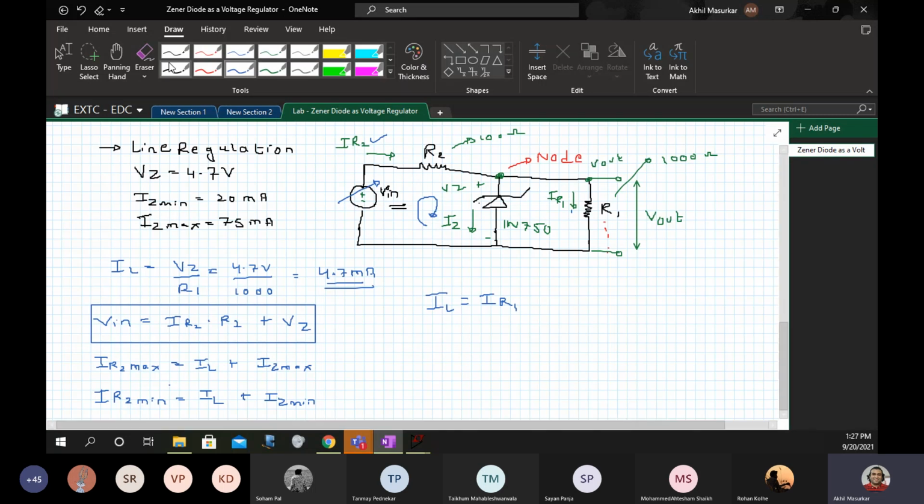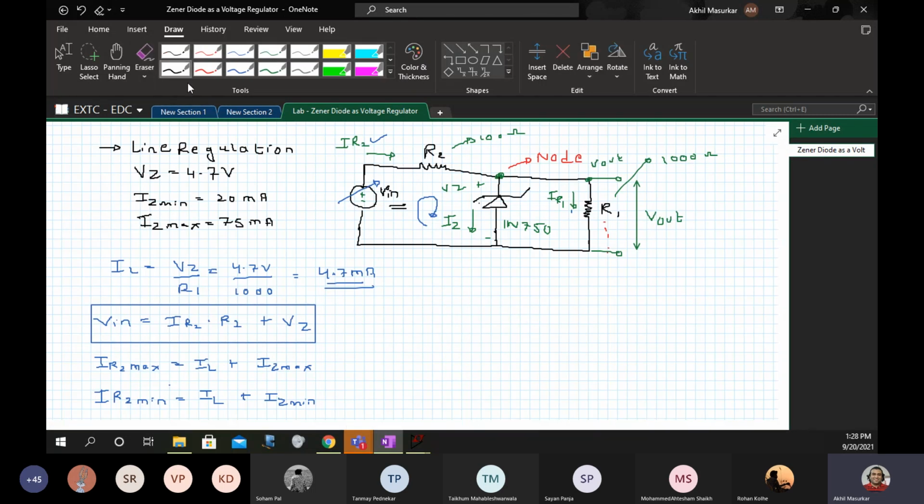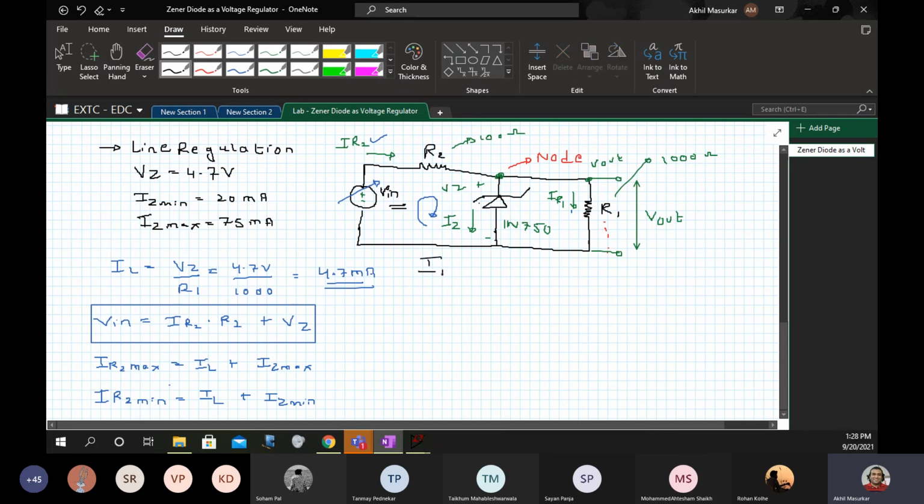So now we have two cases here. Case 1: that is the minimum current that can flow through R2.